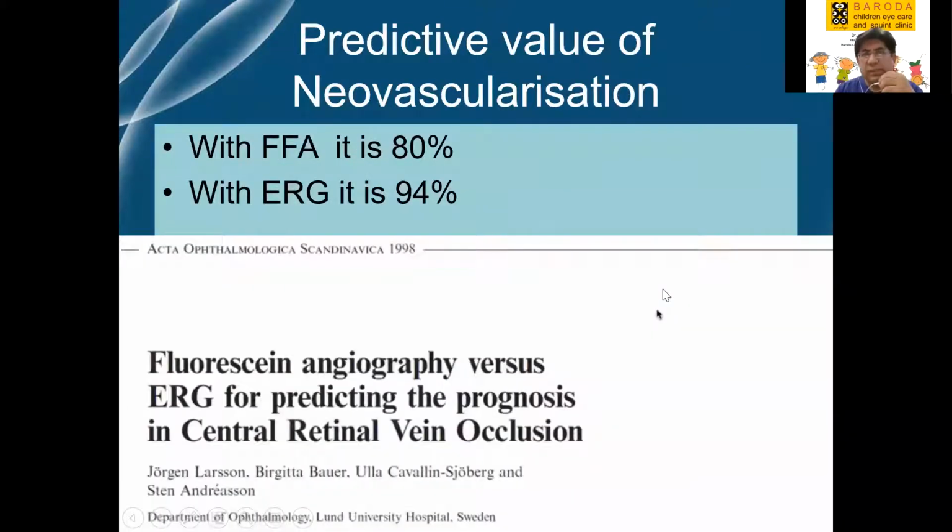Now, this is just a predictive value of neovascularization, and this is well before the fluorescein angiogram, because fluorescein angiogram will basically depict the retinal ischemia and not really the sick cells. This is a very old article. This was published in 1998, and